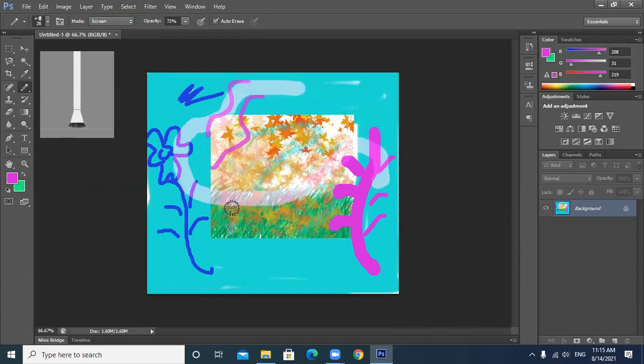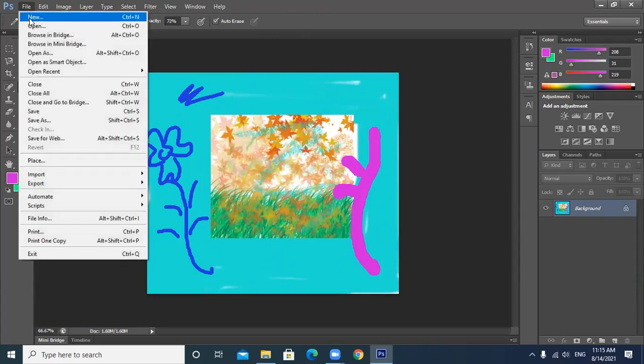All right. So see, if I'm applying this auto erase now, you can see the effects. All right. These two tools are clear, brush and pencil. Okay.